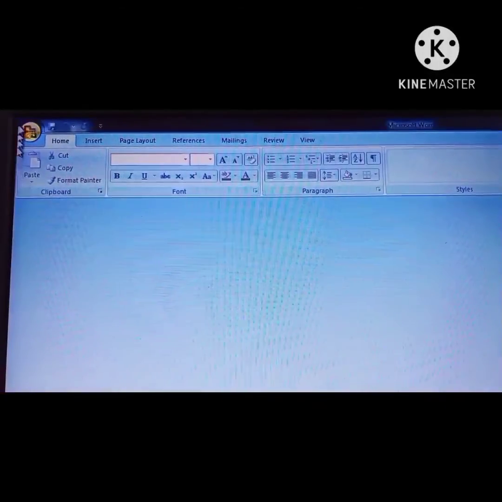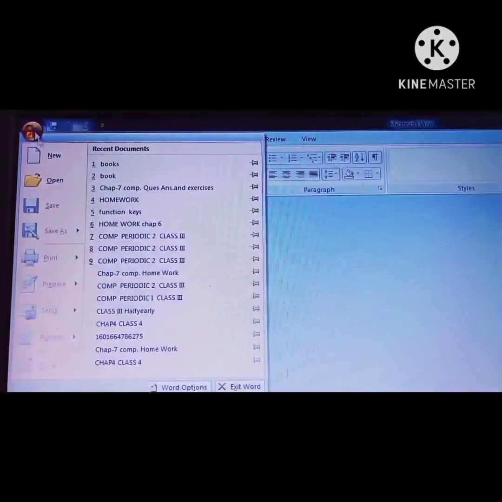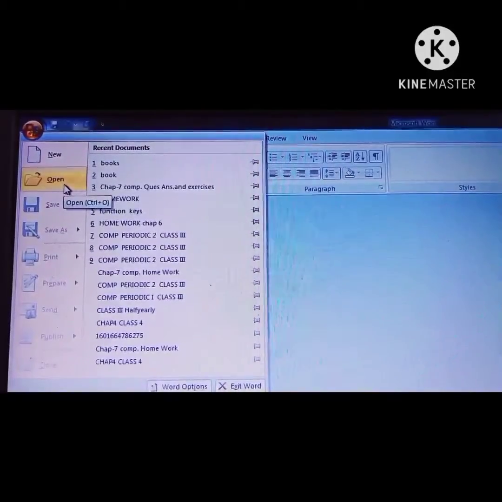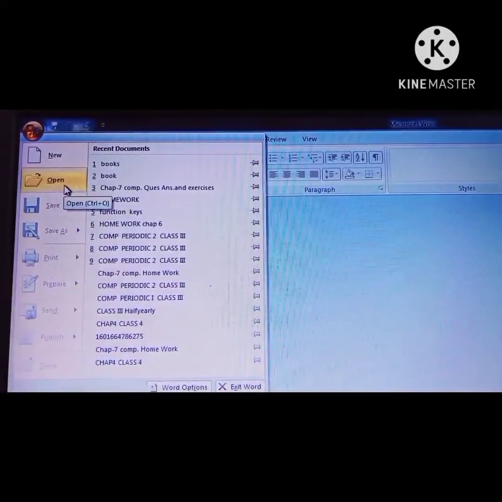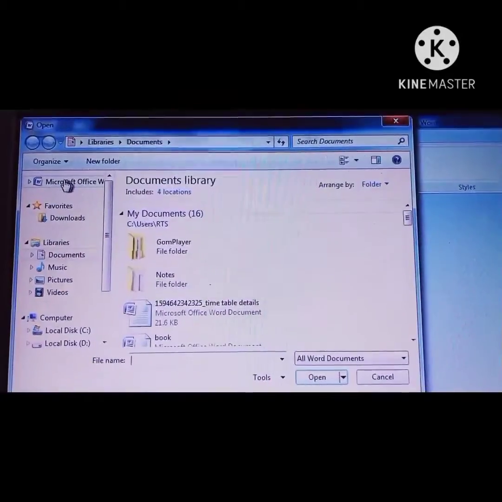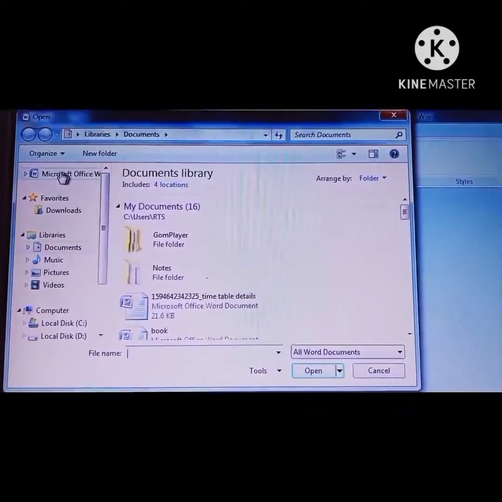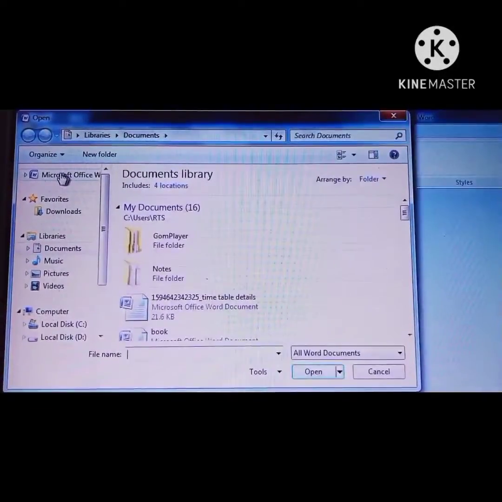Now children, next is opening a document. To open your document, select the Open option from the Office button. This is your Open option. Click it here. Your Open dialog box will appear. This is your Open dialog box children.